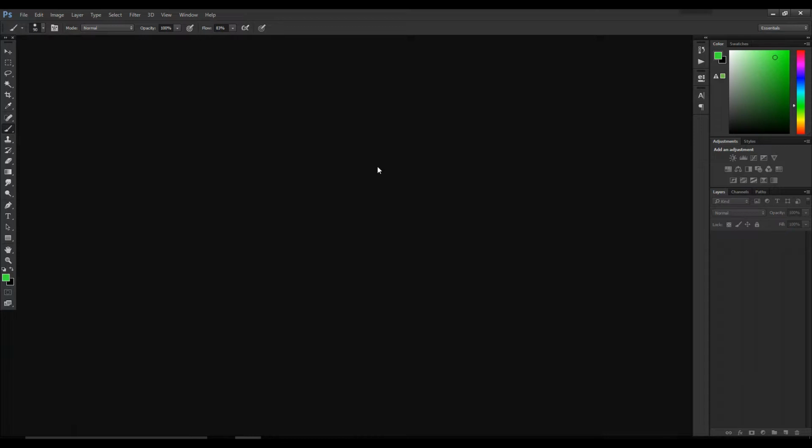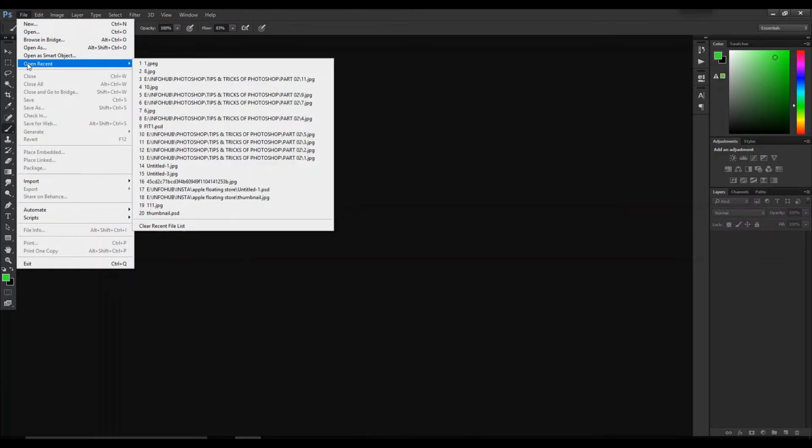See, the first basic thing to get your files is go to file and here you can see an option called open recent, and you will get all the 20 recent files you have been working on. And I know this is not enough because 20 is very less. So in such cases what to do? Let's say I want to search a file which I have been working on before this. So now how to get back to that file?